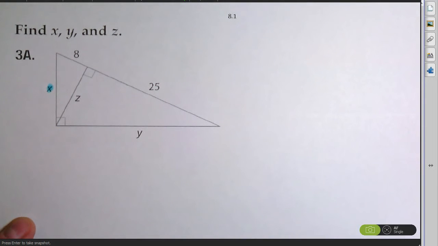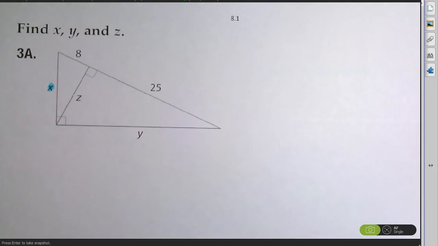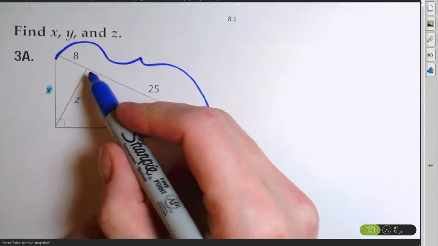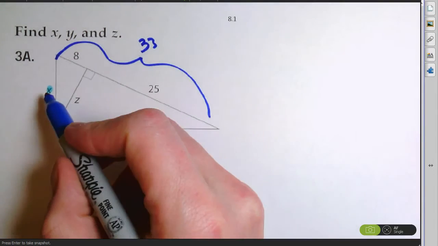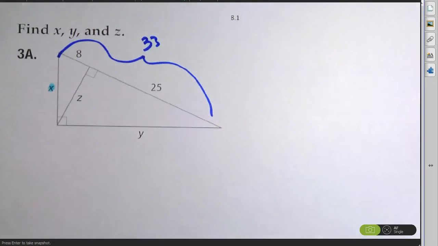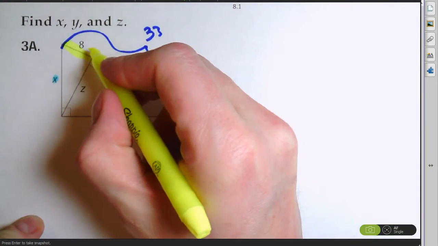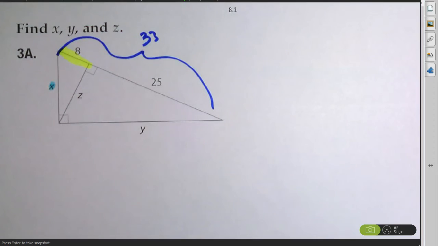And this is the part that's tough: x is the geometric mean of the whole hypotenuse, which I don't know technically because it wasn't given, but I can add them together. 8 plus 25 is 33. So x is the geometric mean of the small part that touches side x, which is 8, and the hypotenuse of the whole triangle. So x equals